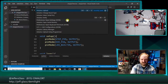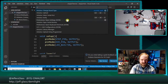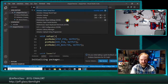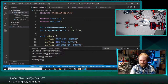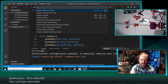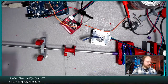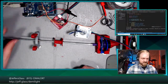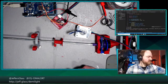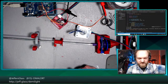So in VS Code, I probably need to change the board type to Arduino Mega. Let's check our serial port, COM4, it seems to be. I do not want to take a quick survey about VS Code. I would like to upload. And if all goes well, that should just work. We're verifying, we are uploading, and we're uploaded. Okay, so now, if we were to turn up our voltage to something operational, like 12 volts or so,